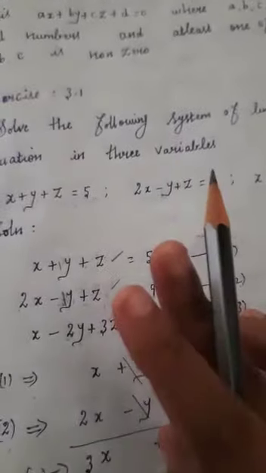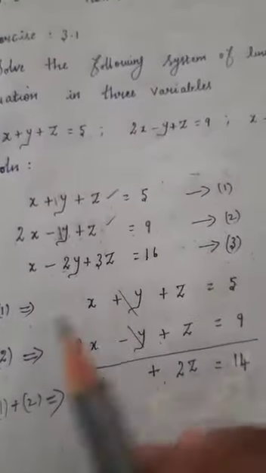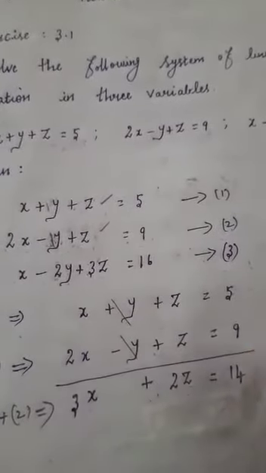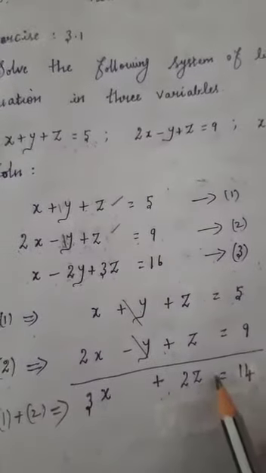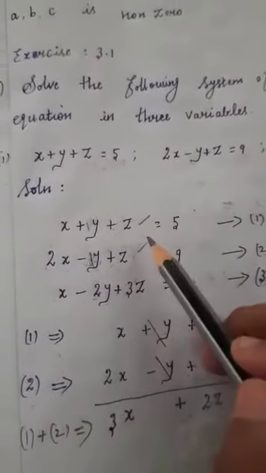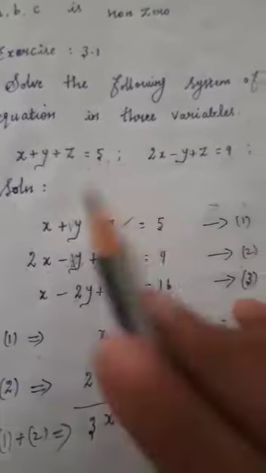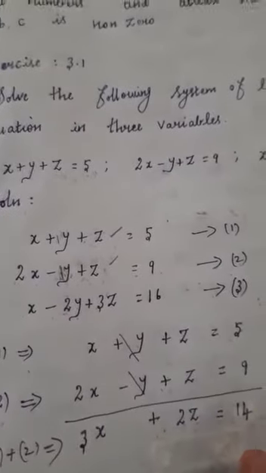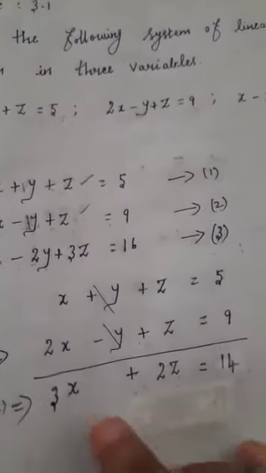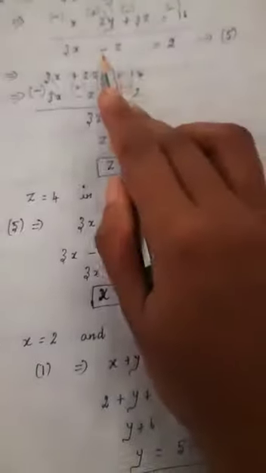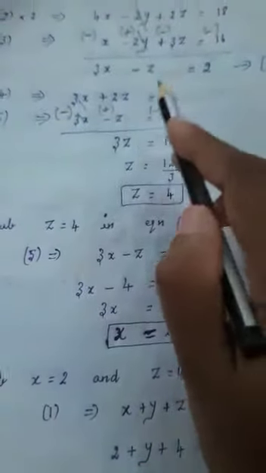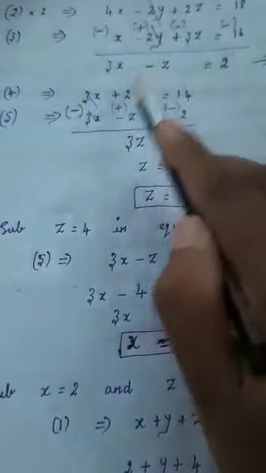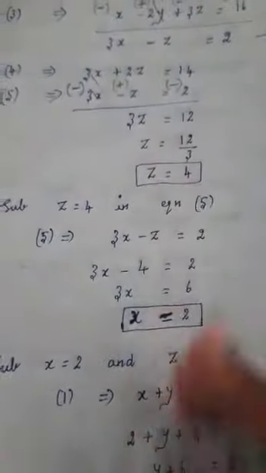When they give 3 equations in 3 variables, first choose any 2 equations. Next you can eliminate any one variable, x variable, y variable or z variable. Next you will get one new equation. Next you can choose another pair, any pair. Okay, so here 2 and 3 we have taken. Whatever variable we eliminated, the same variable we should eliminate there also. Okay, so after that we will get another new equation. Now from this equation and this next new equation, you have to eliminate any one variable. Okay, so after that we will get the answer, then substitute and we will get the rest of the answers.